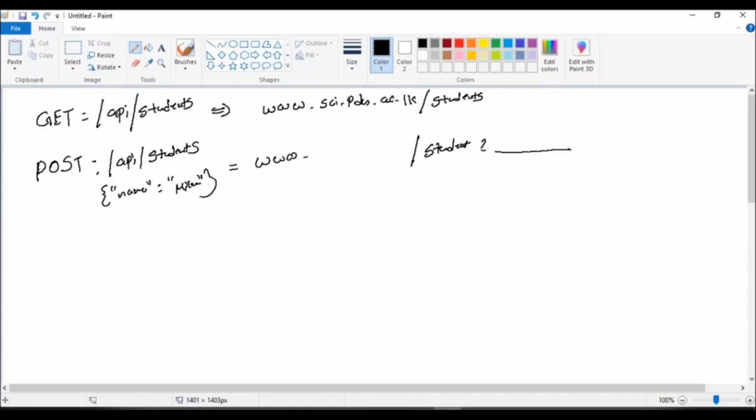Now let's say you are going to make some changes to a specific student. You are going to update a specific piece of information already stored inside the server side. Then definitely it should be a PUT method request or a PATCH. Then the URL will be API/students/